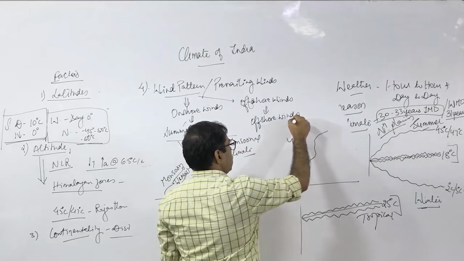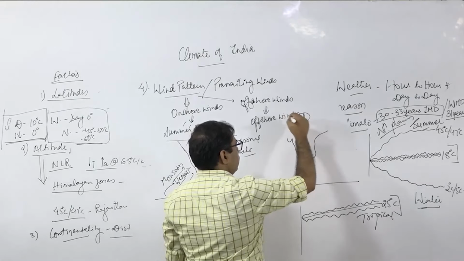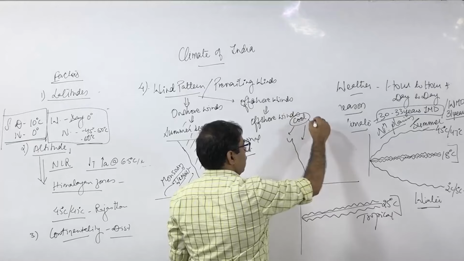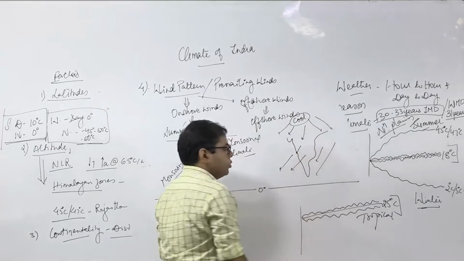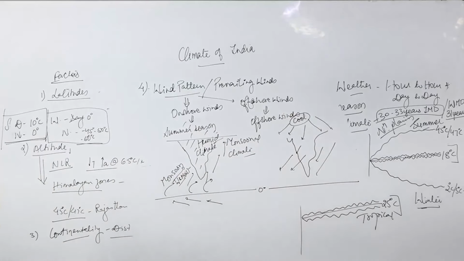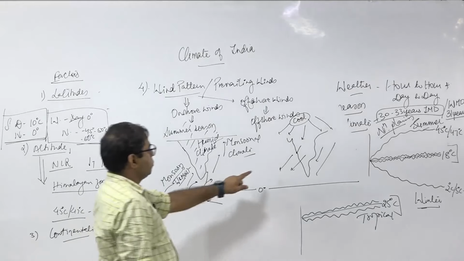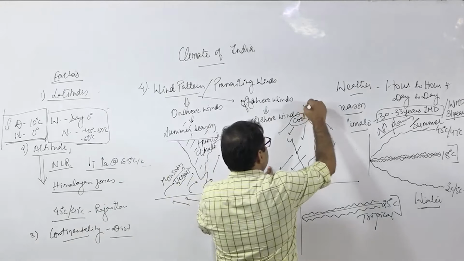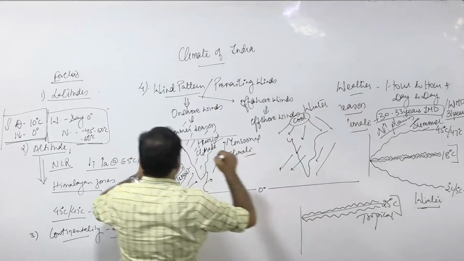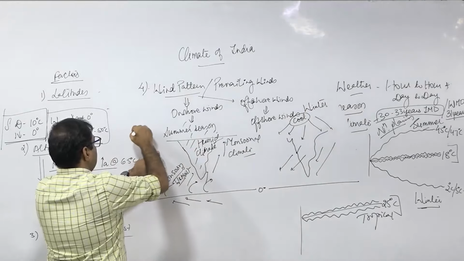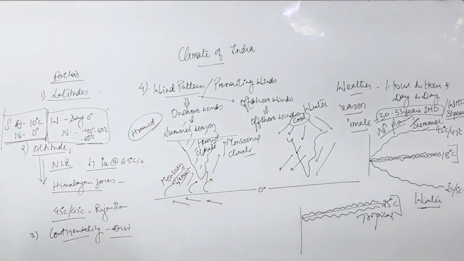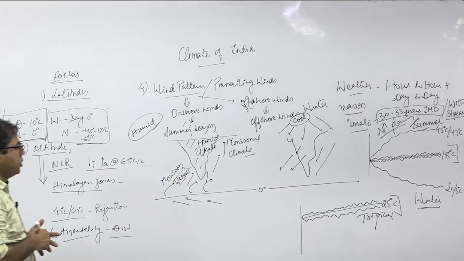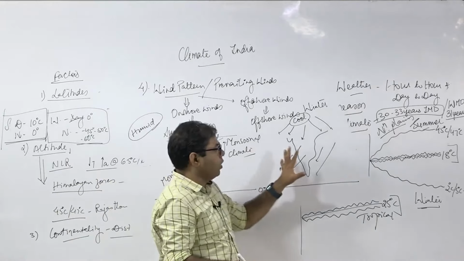October, the land starts cooling. So this cooling effect is responsible for the movement of wind from India to oceans. So, is it not the offshore winds, right? So offshore winds are responsible for cooling and winter, and onshore winds are responsible for summer and humid, right. So India has been experiencing two quite varied climatic conditions.